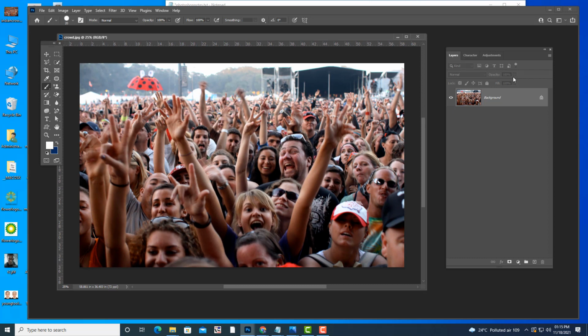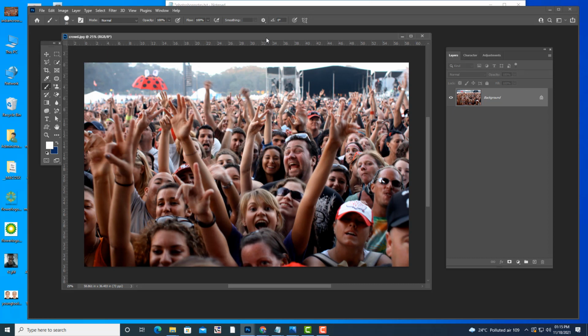Okay, see, this is an image of a crowd. Here, if I want to focus on a particular person, or highlight a particular person, for example this person, I have to blur out the remaining people.